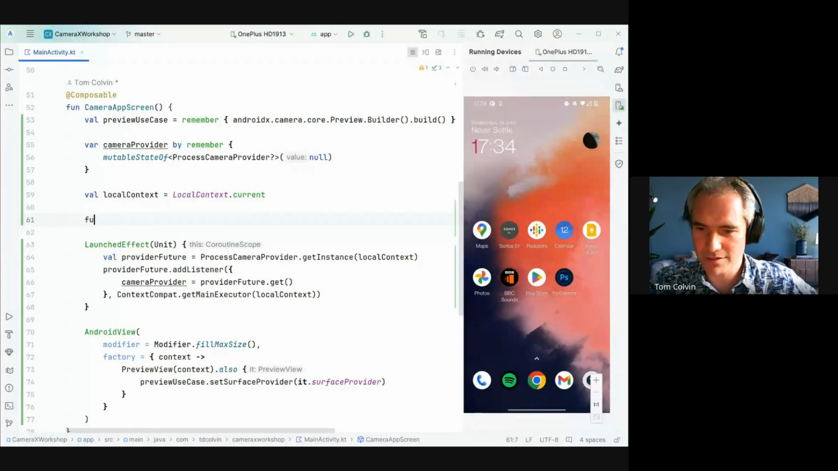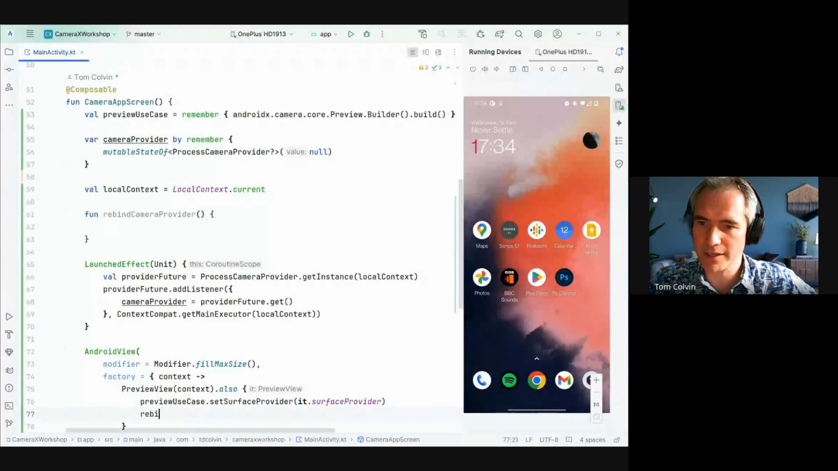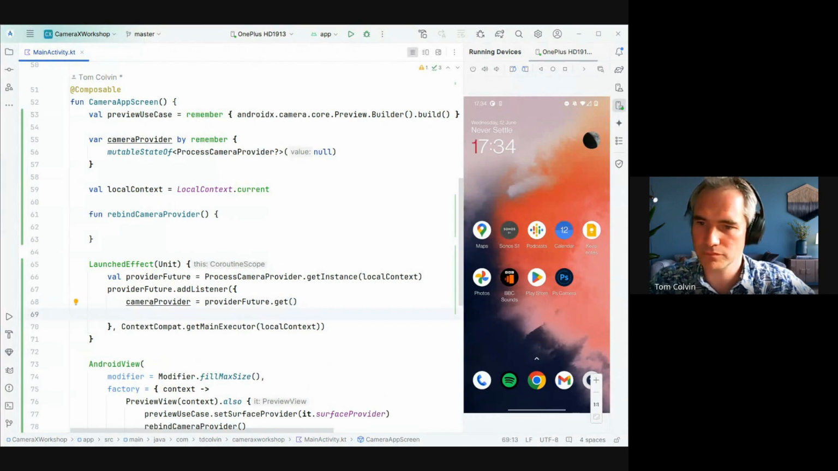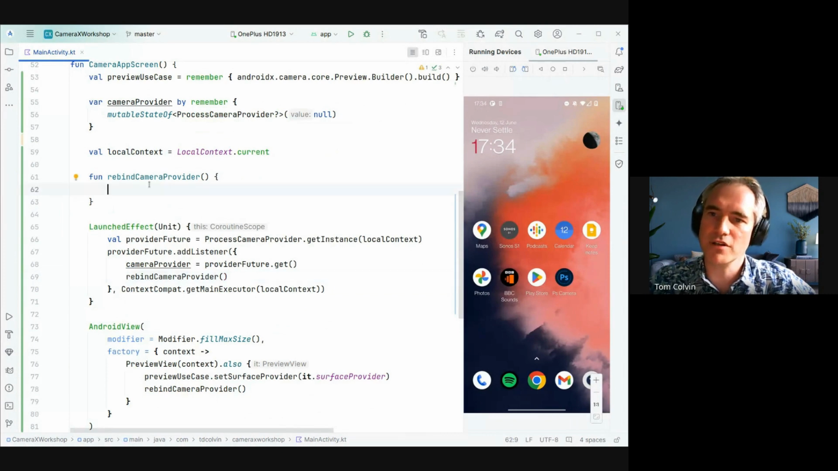So the way we will do that is write a function. Kotlin now allows us to do this. Let's call it rebind camera provider. And what we're going to do is rebind the camera provider when the preview view becomes available. Rebind camera provider like that, and we're going to rebind it after the camera provider becomes available. Sorry, did I say camera provider before? I meant the preview view becomes available. So this function will be run